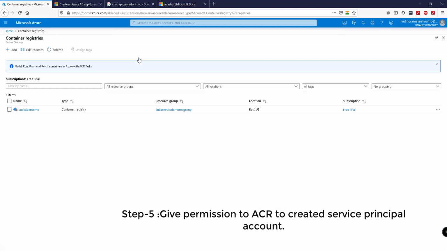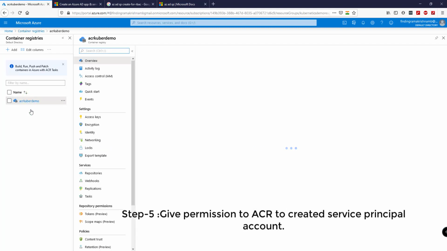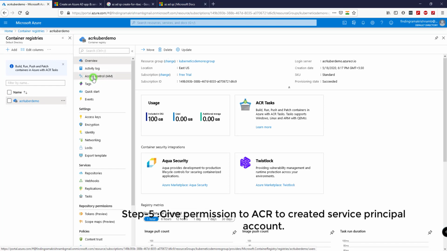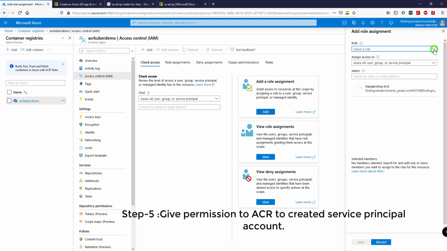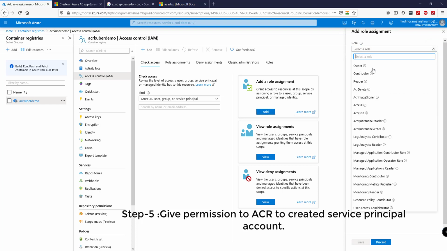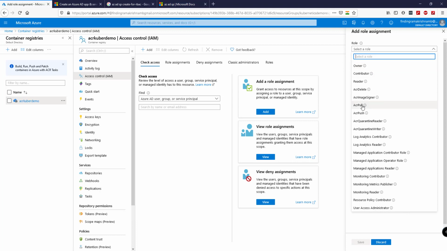To give access to this container registry, let us go to the container registry we created. Click on access control, click on add role assignment, and select a role. For now we will select owner, or else you can select the pull role, which is enough for this container registry to push or pull an image.